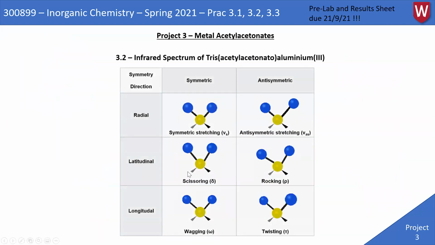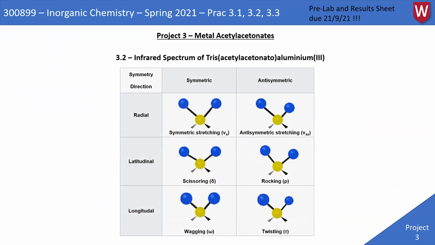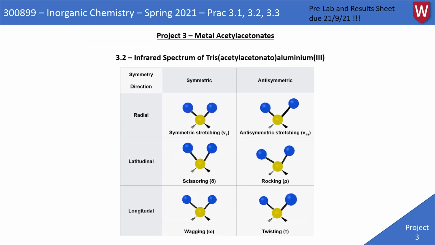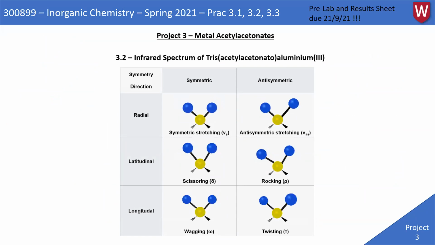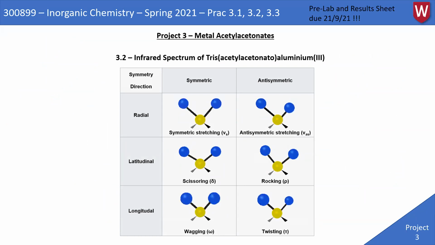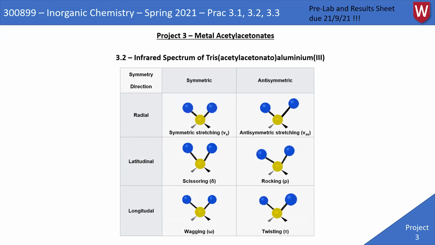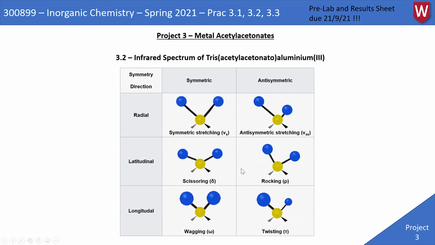So like we said with IR, we're measuring the oscillation of bonds between atoms. Here we have an example of a few different oscillations that we can measure, classed as symmetric or anti-symmetric. And you can see that they